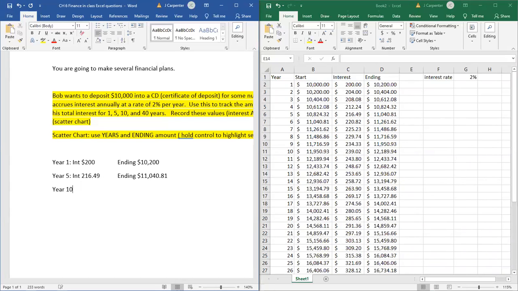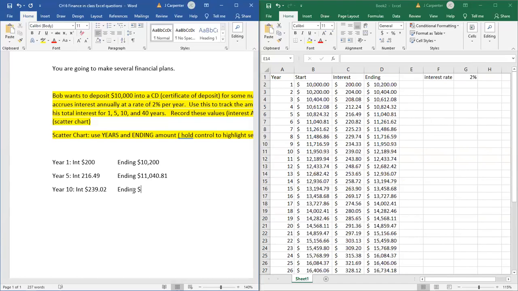For year 10, the interest was the 239.02. Not pulling these out of thin air, I'm using the table. And the ending balance, ending, was